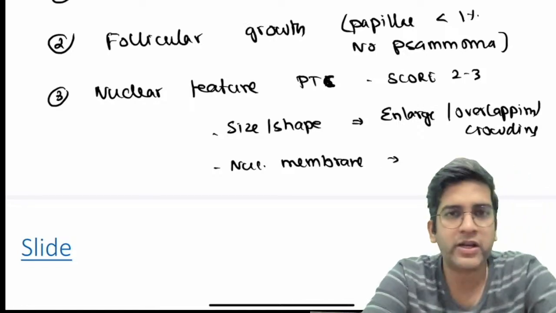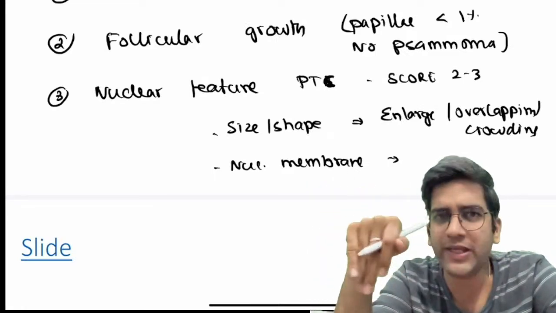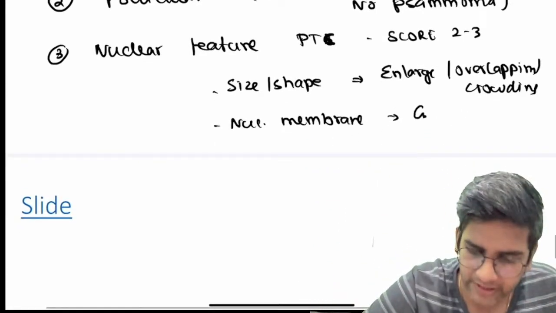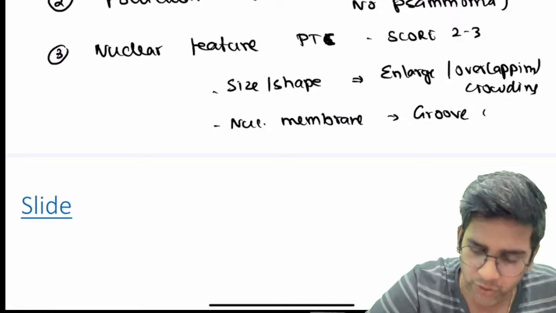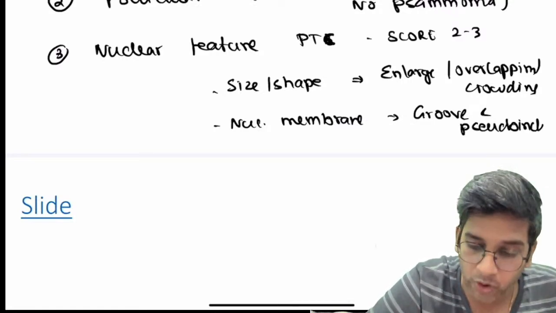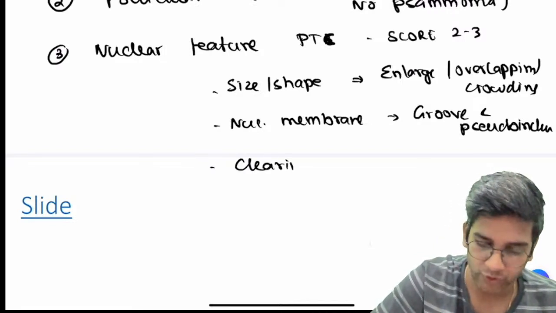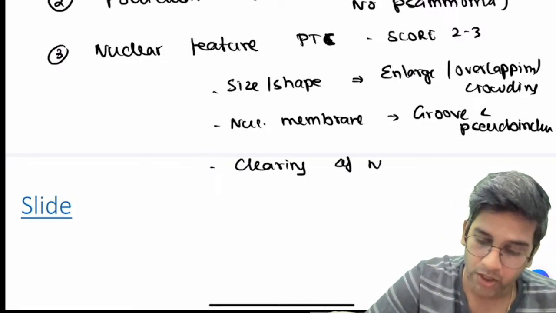In the nuclear membrane irregularities, what does come? Irregular nuclear membrane, which is nothing but grooving, pseudo inclusions. Under this, I'll have grooving and pseudo inclusions. This is very important to know and very important to remember also. I'll tell you why. Third is where your nuclear clearing comes, or Orphan Annie. Okay. So now,